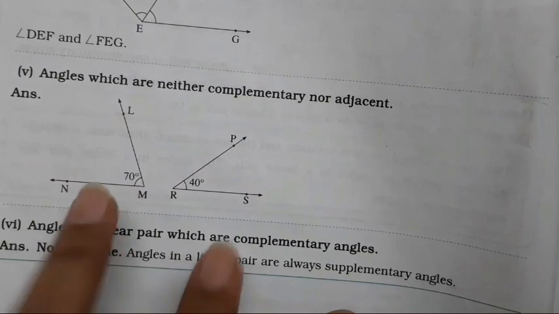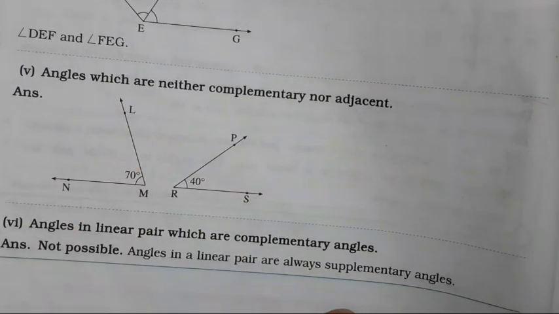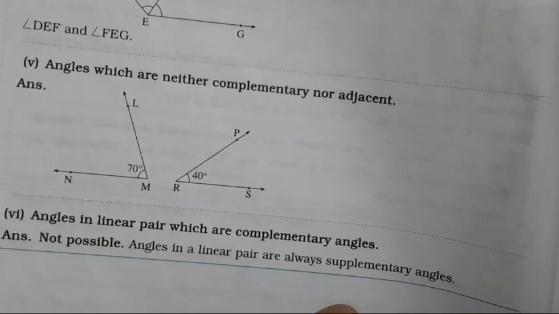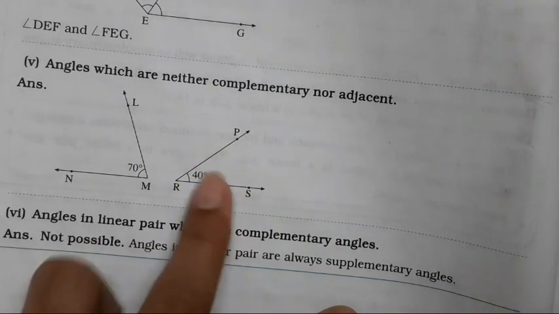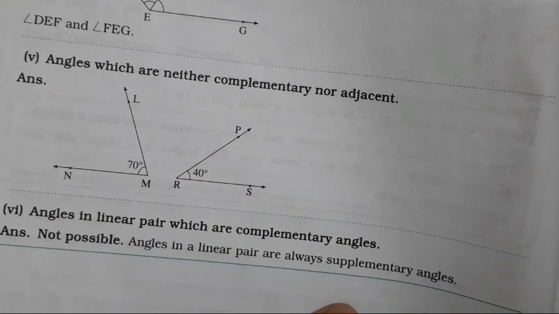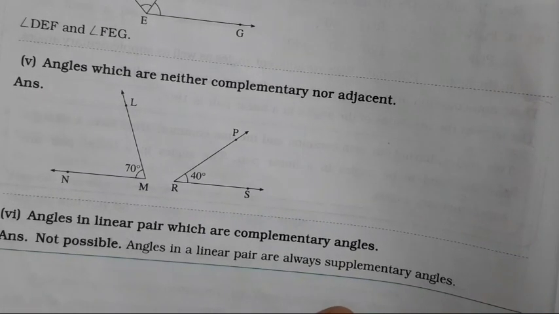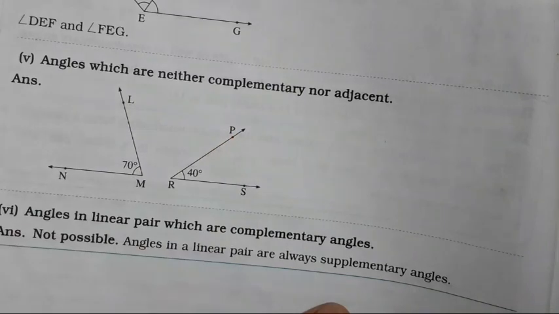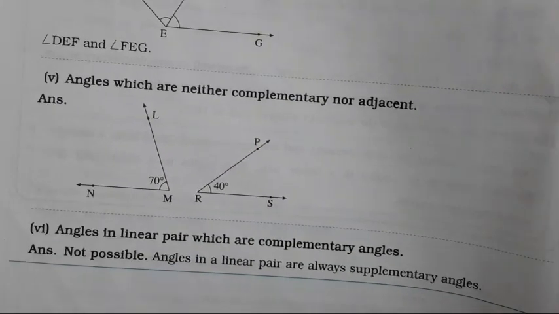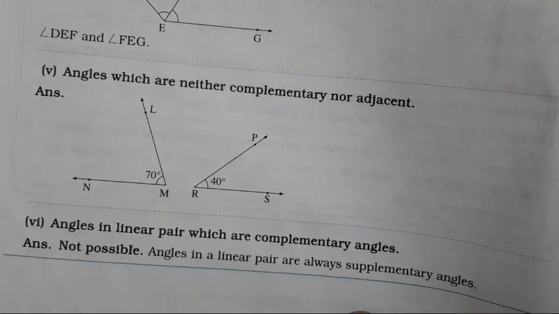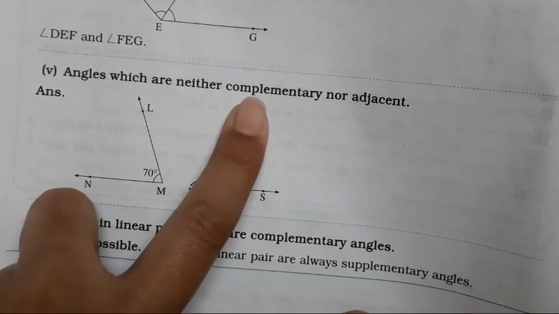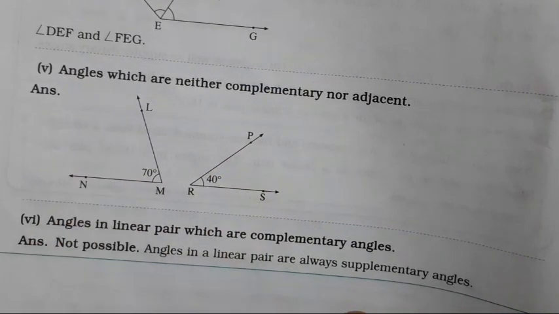So two different angles you all can draw. 60 and 30 will be 90, so 60 and 20 you all can draw, or you all can draw 50 and 50 also. Any angle you all can draw. Go through your imagination and draw any angle possible. Now drawing of angle is very easy. I have already made a video on how you all have to draw, and I hope everyone knows how to draw it. The only concept is how you all have to make the sentence into the figures.